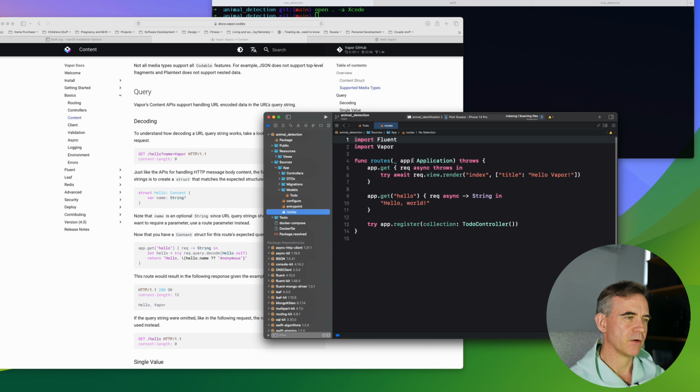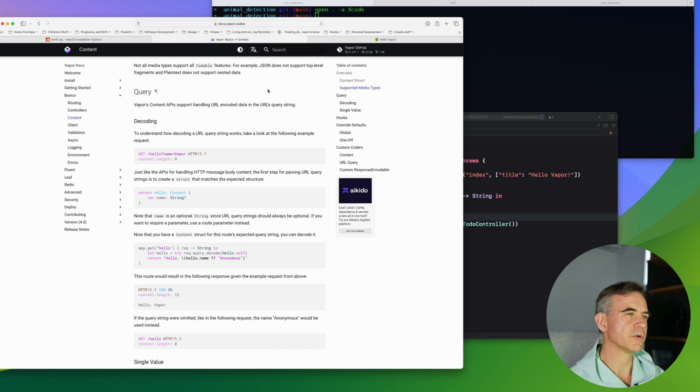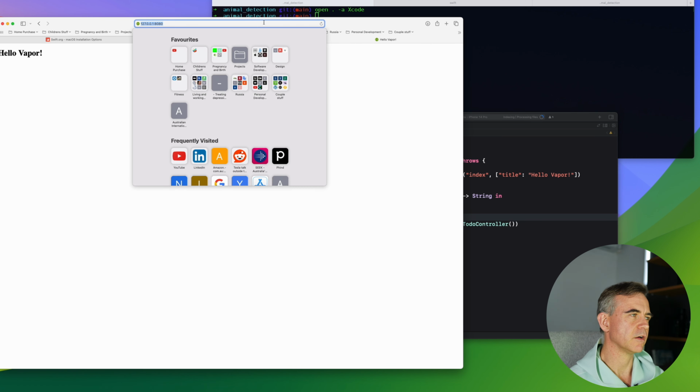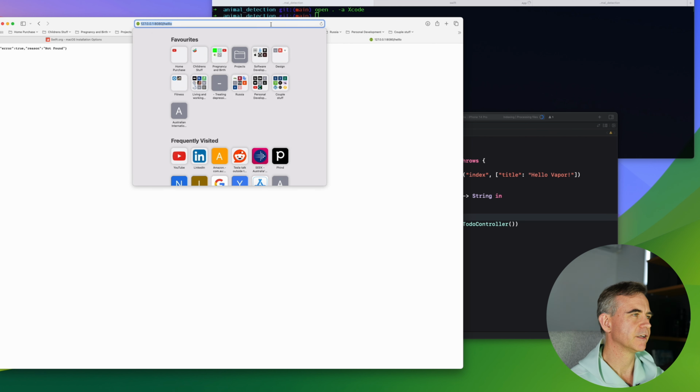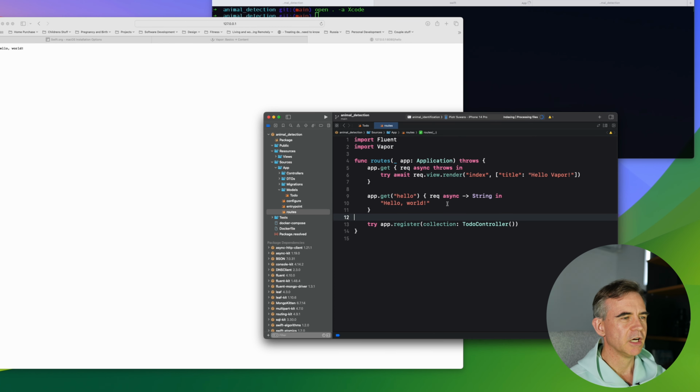Routes. Okay. App.get, app.get. This is the hello app.get request, hello Vapor, hello world. Interesting. So if we go into here and just go hello. All right. No, not found. Interesting. I did 3 L's, 2 L's. There we go. Hello world. This is title view render. Okay, so this has actually got a rendering engine,